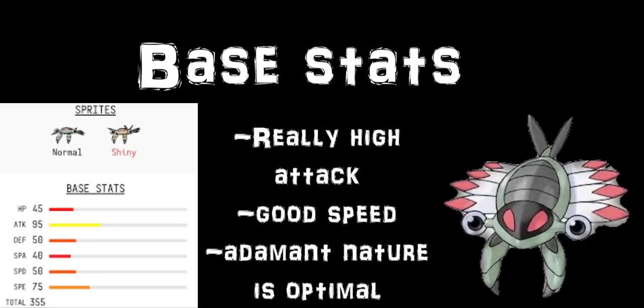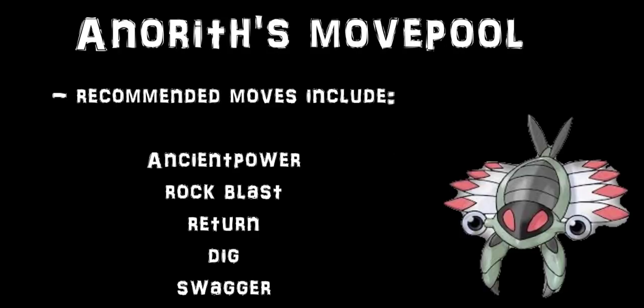I would recommend an adamant nature if possible, but I ended up settling on a neutral nature and that ended up working fine, so it's up to you what nature you use. For its usable moves, definitely use Rock Blast. It's the strongest move it can learn by far, especially if it hits all 5 times, it gets a massive 125 base power. Also, Ancient Power is pretty much mandatory. You're probably aware of the 10% chance of powering up all your base stats, which is insane when it goes off. When it does, it'd be like...